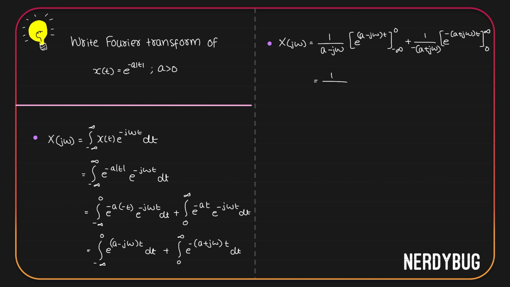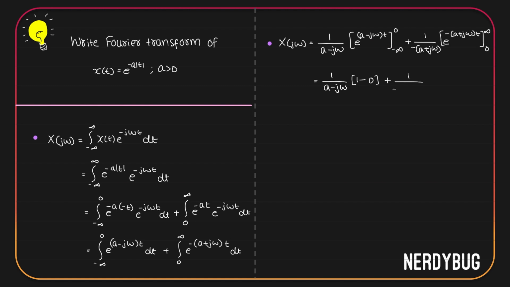So this becomes 1 by a minus j omega multiplied by, giving upper limit, we get e raised to 0, which is 1, minus giving lower limit, we get e raised to minus infinity, which is 0,